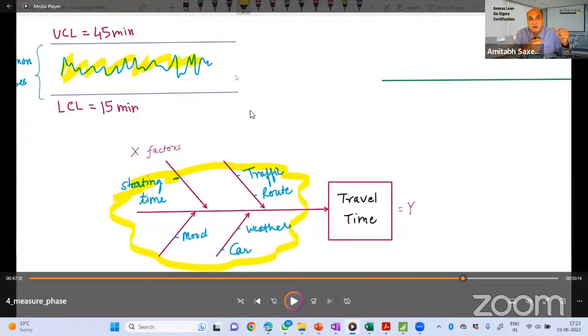Someone asked me, you took 20 minutes yesterday, today you took 25 minutes. What I will explain, I will just say it's a natural variation. There is no